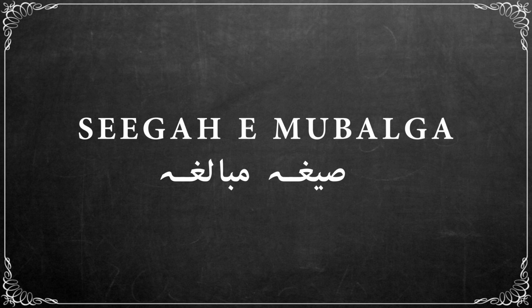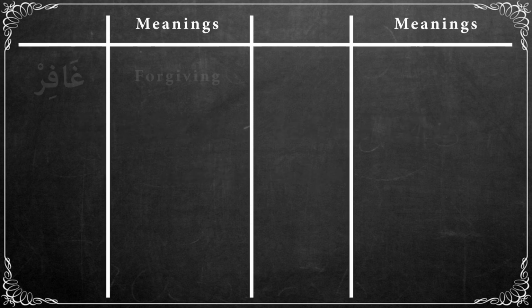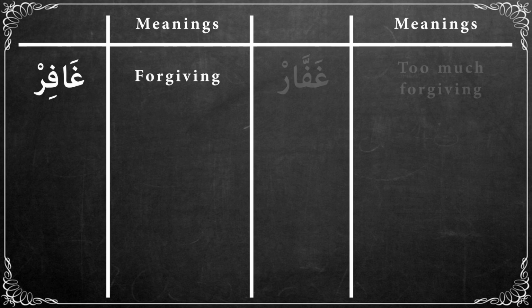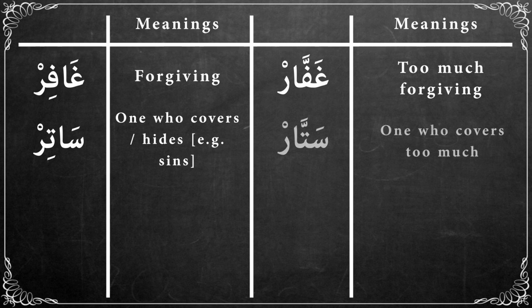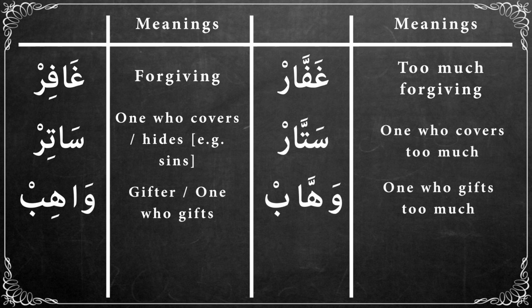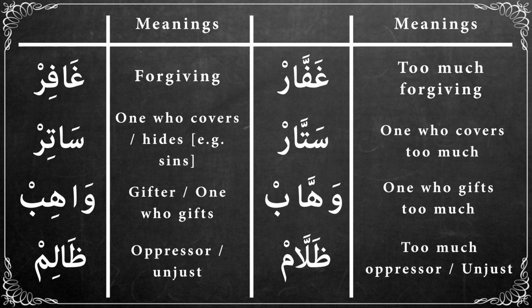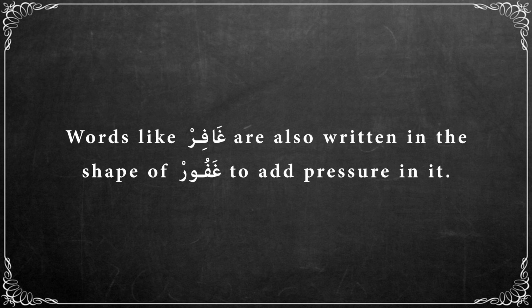صيغة مبالغة. Words like غافر becomes غفار, ساتر becomes ستار, واهب becomes وهاب, ظالم becomes ظلام. Words like غافر are also written in the shape of غفور, to add pressure in it. This is also part of